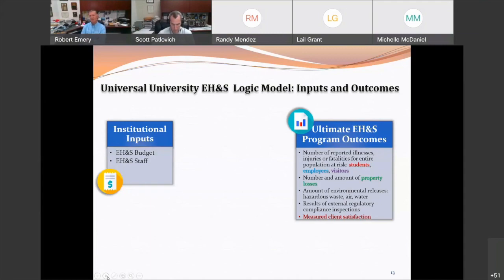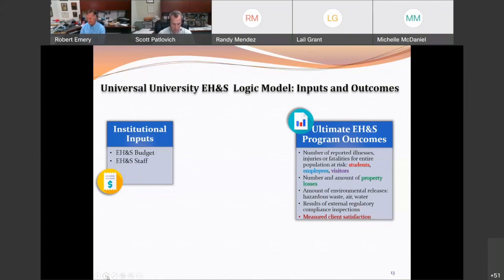So for example, the number of reported injuries for students may reside in student health. In our peer reviews, we see this sometimes. The number of employee injuries or illnesses resides in employee health or somewhere else. Visitors may reside in legal. The amount of property losses may be in risk management or facilities. And measured client satisfaction may be something HR does.